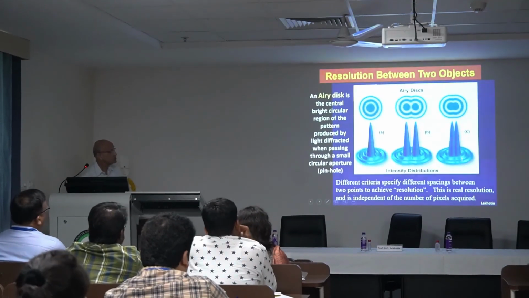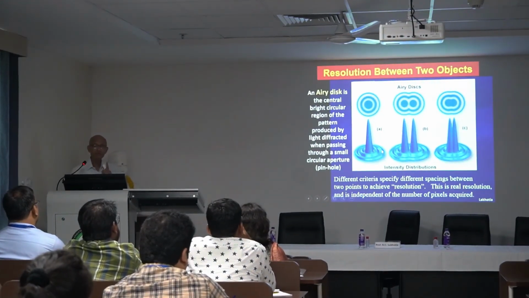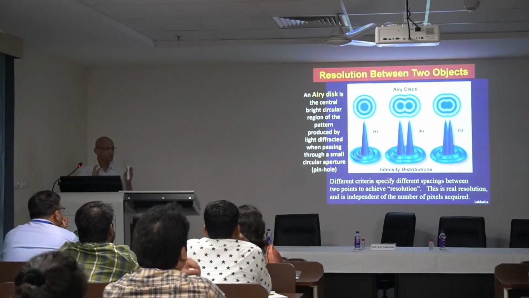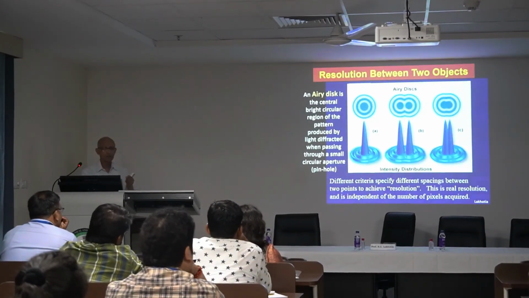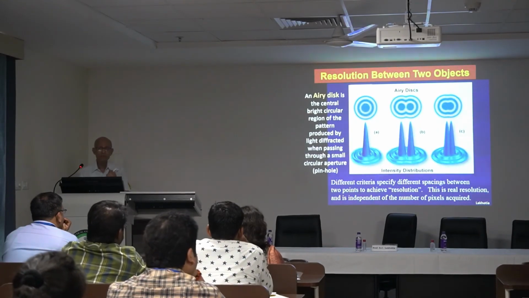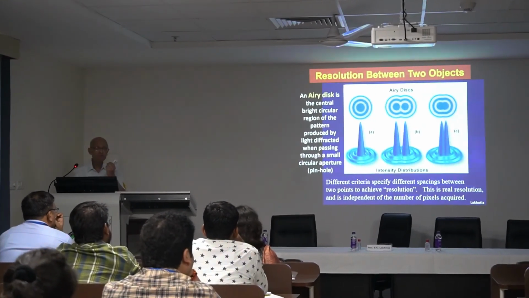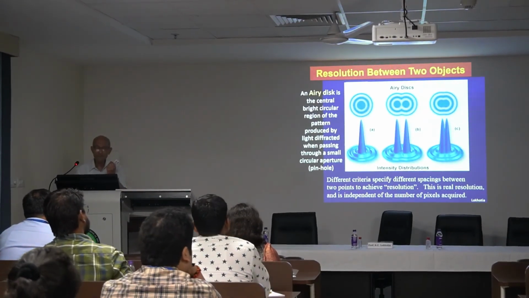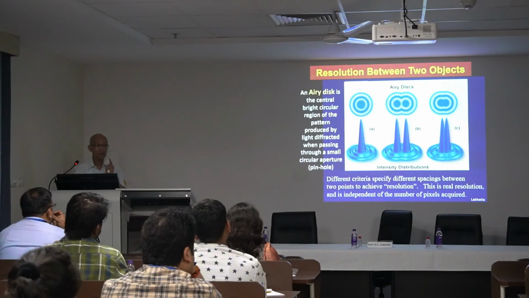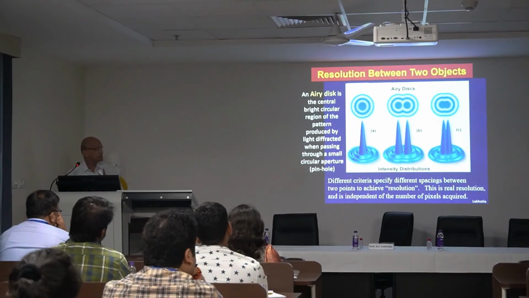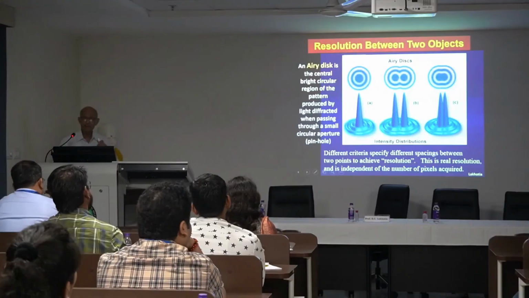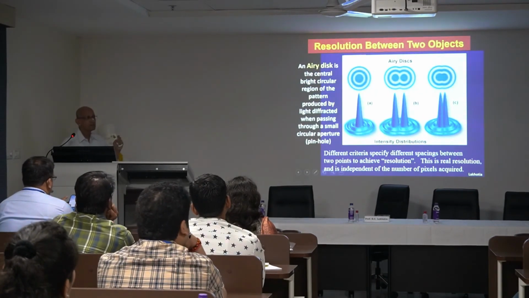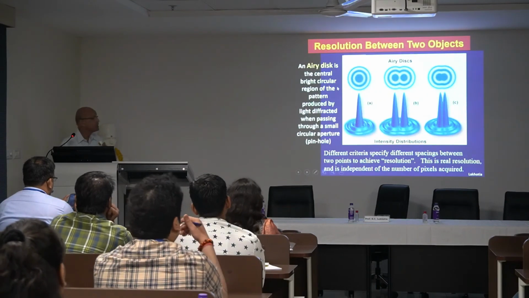To understand this resolution, let's look at each point through which light passes in any image. Any image is made of numerous points, or pixels in digital language, as we say. So in a cell, for example, when light passes through a cell, each point is taken as a circular diffraction grating kind of system, and light gets diffracted. Because of that, we get Airy disks, because Airy was the optical person who defined these things.